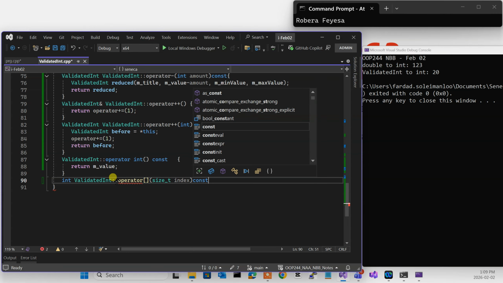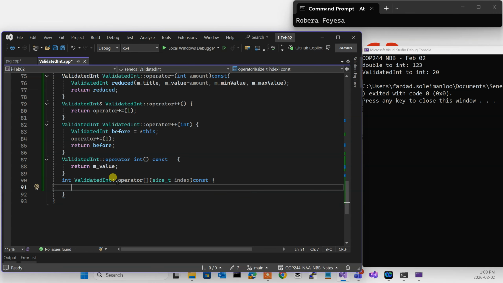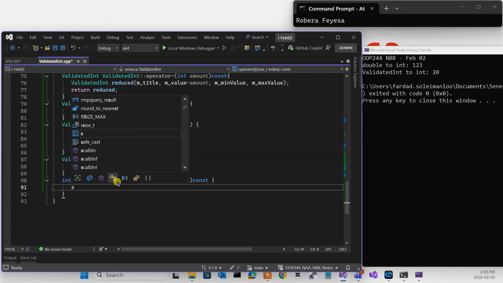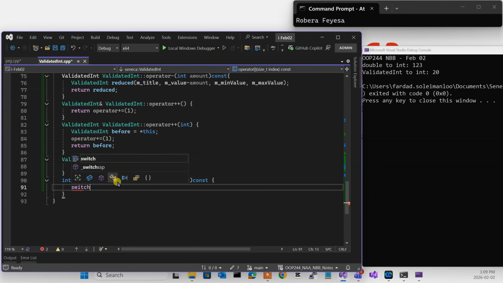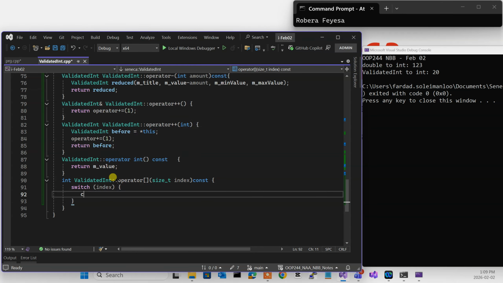And it's constant. It's not going to change anything. And in here, I'm going to say switch to the value of index. Okay, so case 0